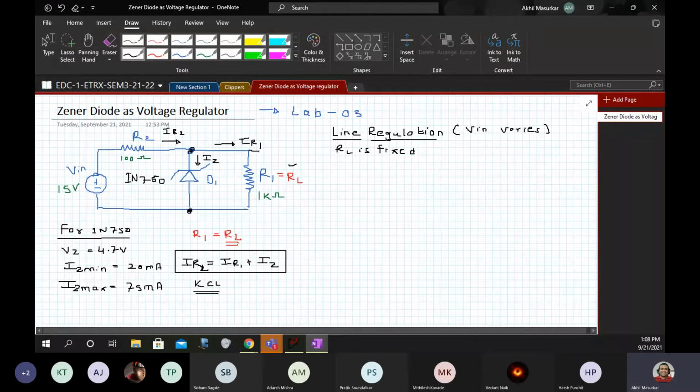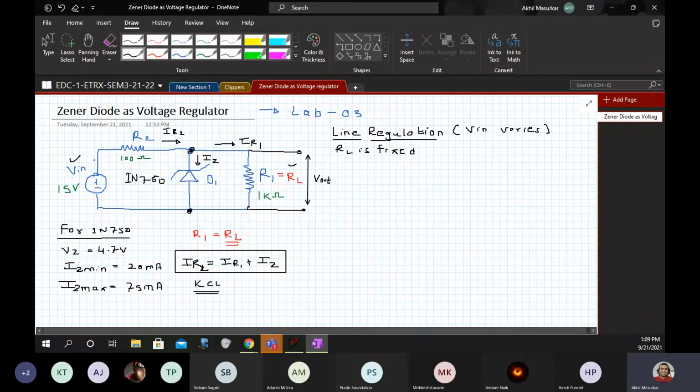Now the voltage across RL is nothing but V out. So this is our V out and this is our V in.